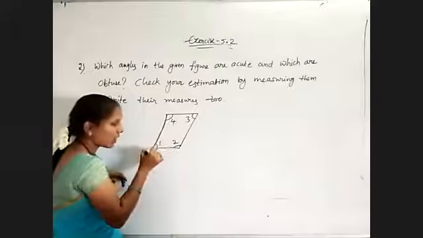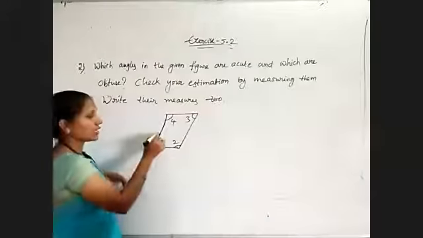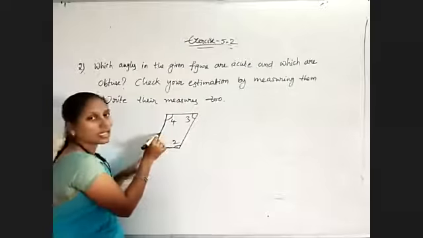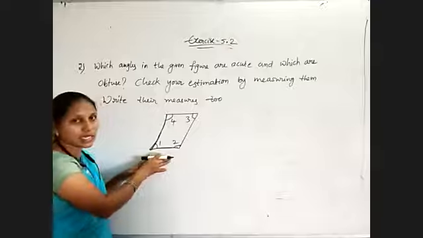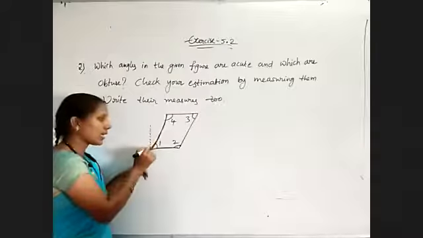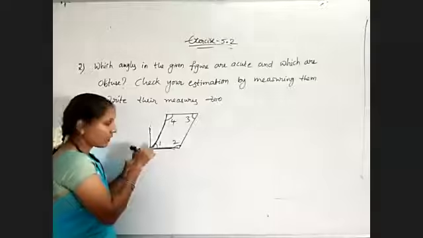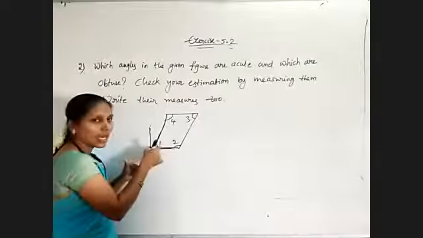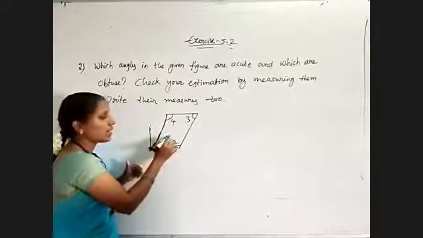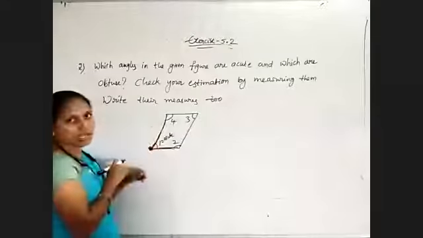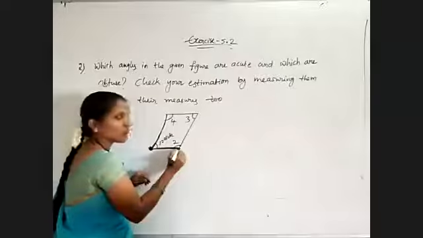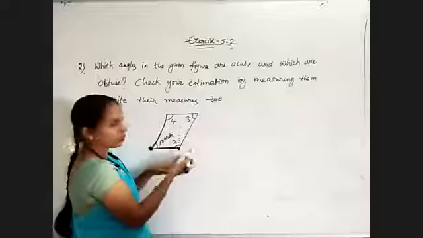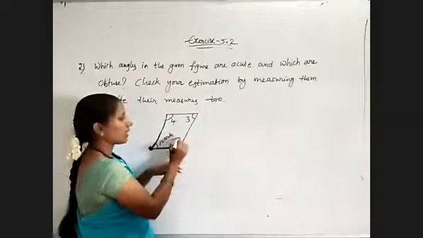Now I want to check for angle 1. Which type of angle it is. So for this angle 1, already I told you, try to select any one of the arms and try to draw its right angle. So for angle 1, right angle measures like this, L shape. This other arm of angle 1 is below 90. So it is which type of angle? Acute. Okay. Now same thing, repeat for 2 also. Observe, try to construct it perpendicular. You will get more than 90, so it is an obtuse angle.